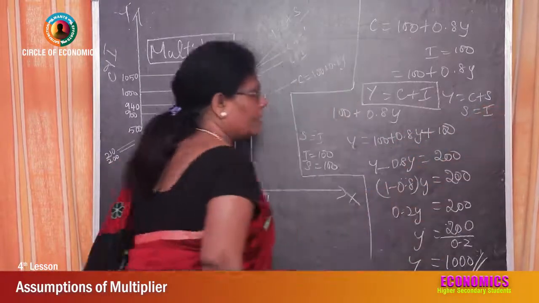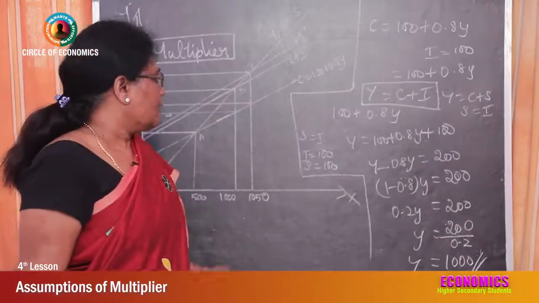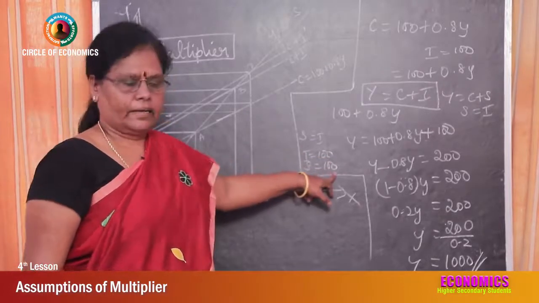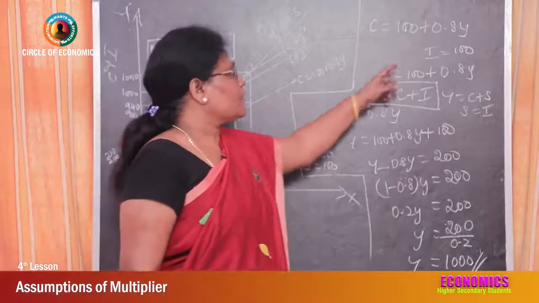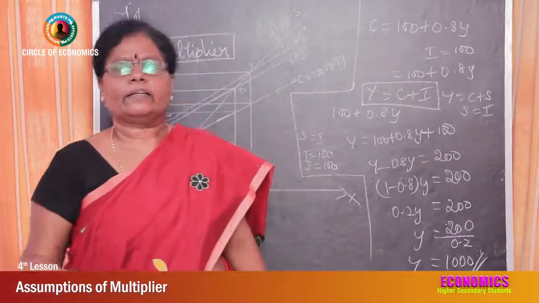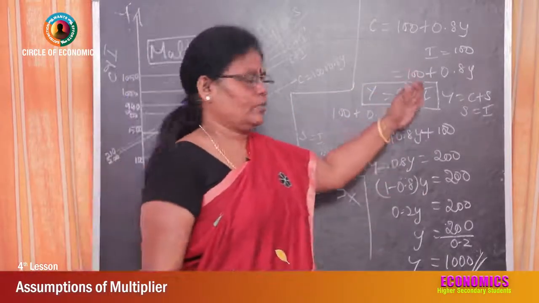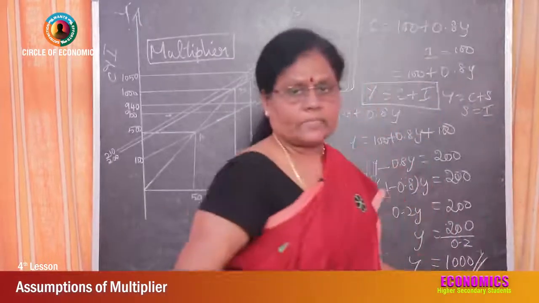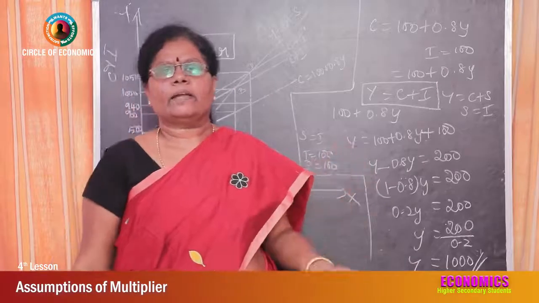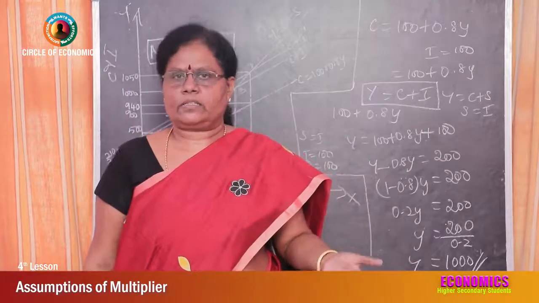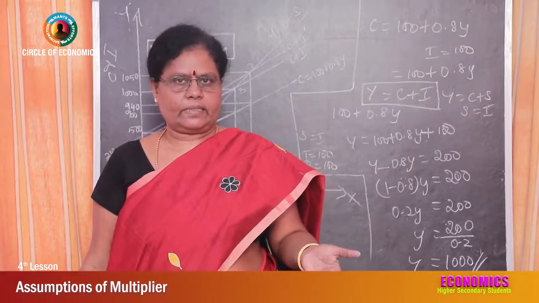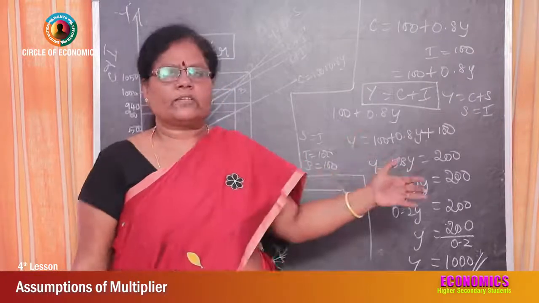Saving is equal to investment. So if I is 100, saving is 100. Suppose investment increases to 110. Now this is 100 crores. If investment increases to 110, in the assumptions we have seen that autonomous investment changes. There is a change in the autonomous investment, isn't it? Now we can do calculation for that.